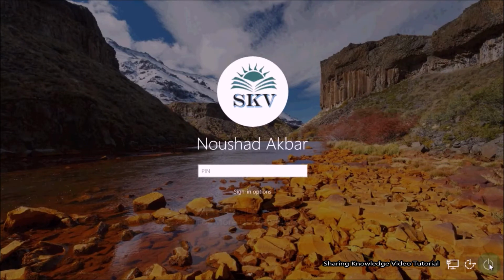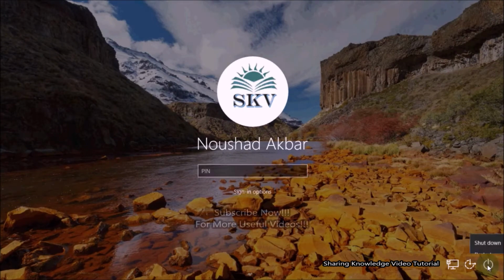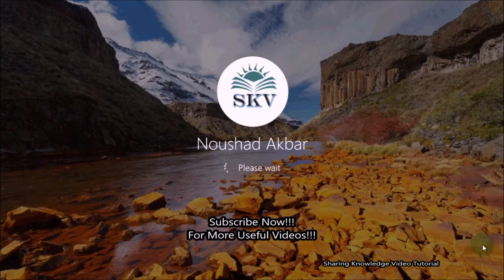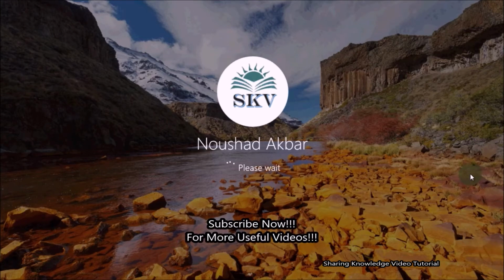Secondly, if you can access the sign-in screen of Windows, then on the sign-in screen click on the power icon. Hold down the shift key when you click on the power button in the bottom right corner of the Windows login screen, and while holding the key, select the restart option. This will open advanced system recovery options.